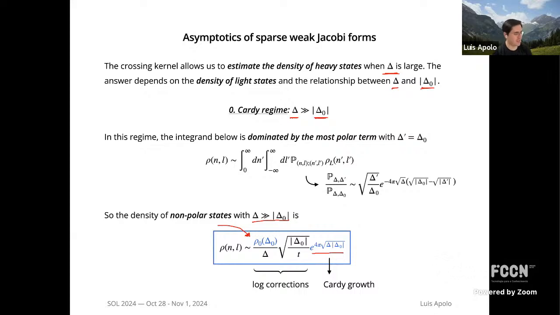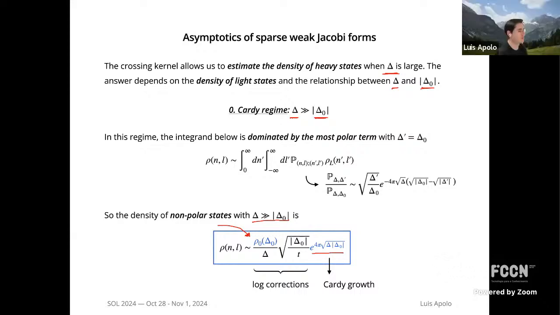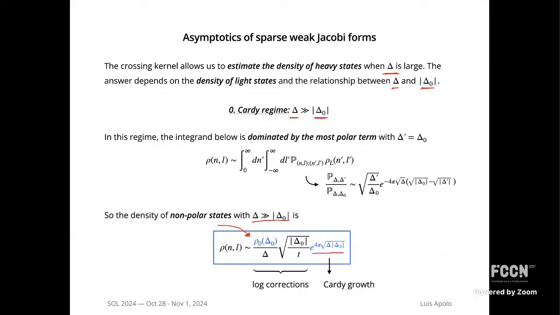What I guess happens is you have a whole space of weak Jacobi forms. Some of them will meet the holographic conditions. Some will not meet the holographic conditions. So I'm focusing on the ones that do meet these holographic conditions, that they're sparse in the sense that I defined before. But if I take a power of a weak Jacobi form, let's say you fix your index is, so this